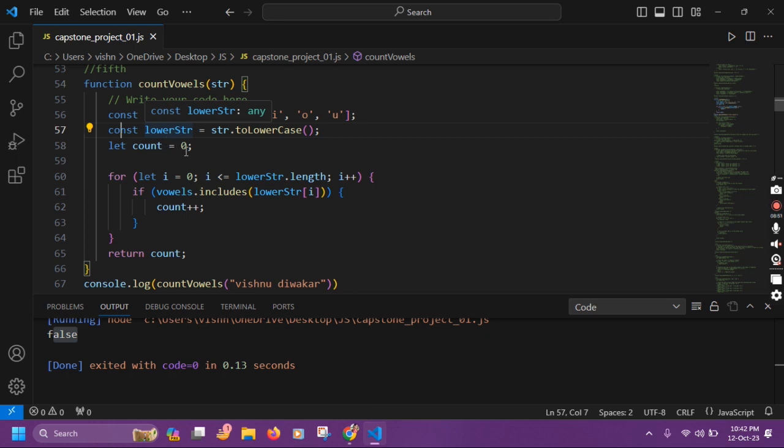Const lowerString is equal to str.toLowerCase, because we want to compare all the strings in lowercase, because users can enter the string as capital or lowercase or small case. So first of all we are going to convert the whole string to lowercase by the toLowerCase function, and let count be 0. For loop: let i equal 0, i less than lowercase.length and